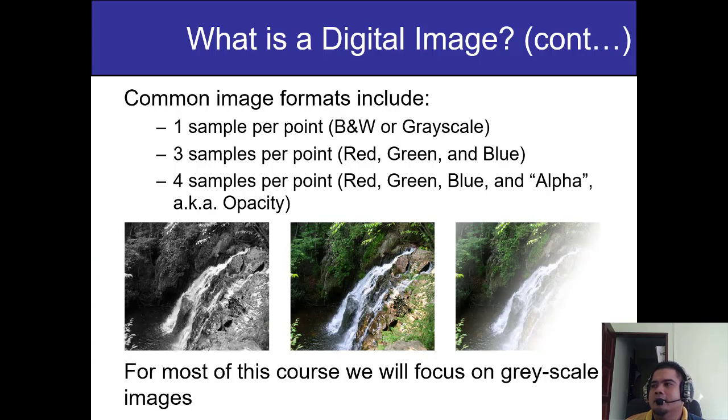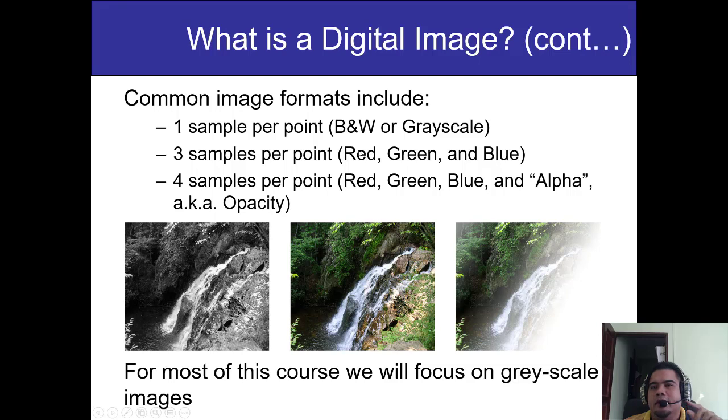In general, a digital image can be divided into three types. Some say three types, but in some textbooks, they divide into four types. The first one is grayscale, and then you have a binary or black and white image. In this slide they put them in one group. Binary and grayscale are under the same category, which is one sample per point. And you also have